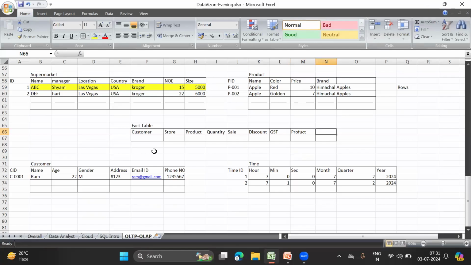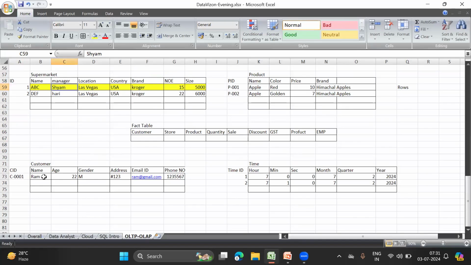For example, I also want to have another column for an employee ID, or the employee who actually was working at the desk or who was working at a specific store when the transaction happened. Because whenever you go to a supermarket, there is a person who is going to do the billing for you. Okay. So over here, instead of the names, because in the fact table I can only have numbers, from here I will take the ID column. Instead of specifying the name of the person, Ram or Sham, for example, I didn't mention Ram anywhere because, oh, this is a supermarket, sorry.